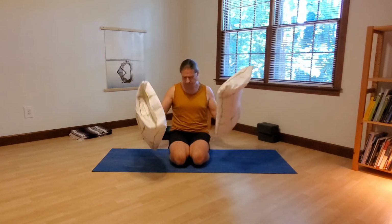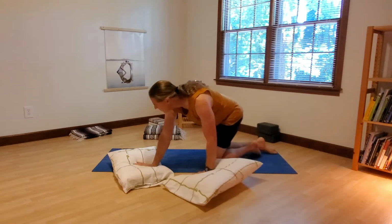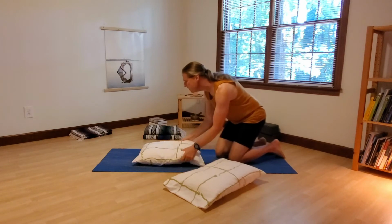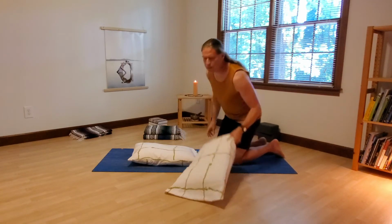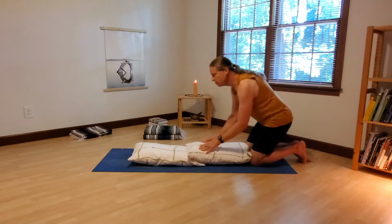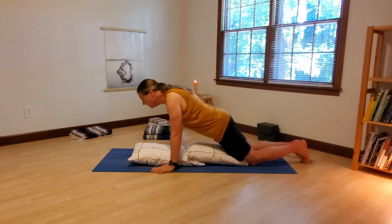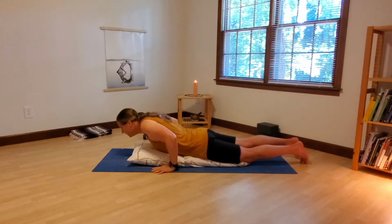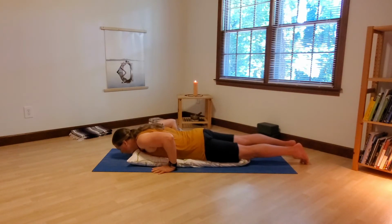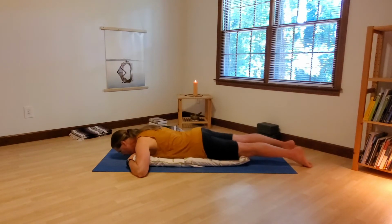grab some pillows. You can use a couple, you can use 4, you can use 6. However many pillows you have, the firmer they are, the better they work. Line the pillows up along the way you're going to lay on them. And the way Prone Savasana works is you lay on the bolster with your head and your neck, chin and neck just off the end of the pillows or the bolster here, so that your head just rests